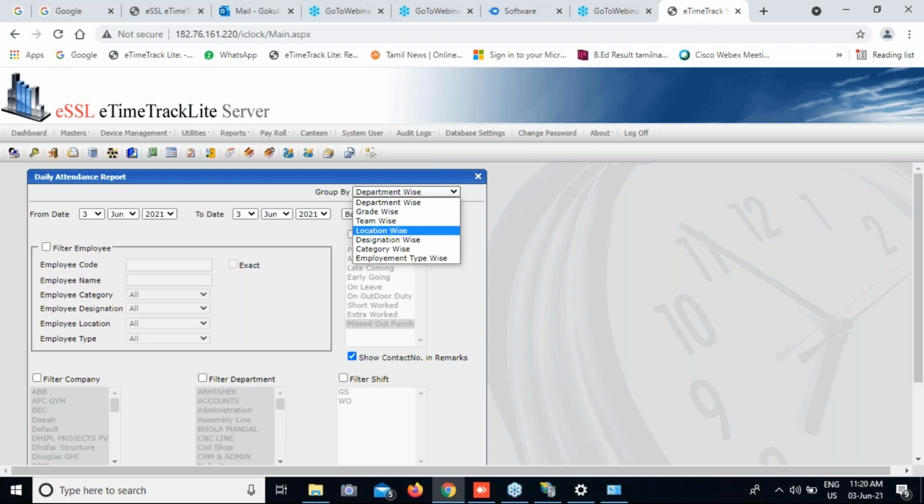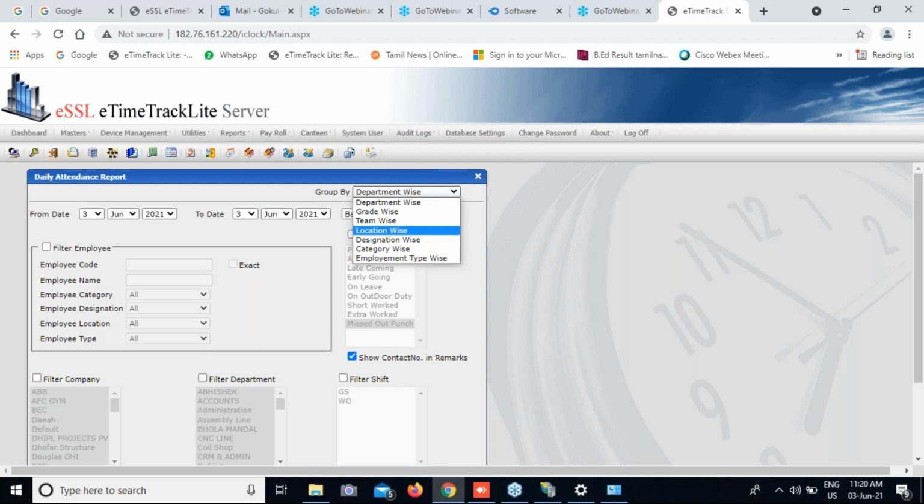Any other question? One more thing, I just want to know how many logs are stored in the machine. Sir, based on the device capacity, a minimum of 1 lakh transactions will be stored in all the machines. Okay. And one more thing, I just want to know if there is some time variation between the system and the device connected.